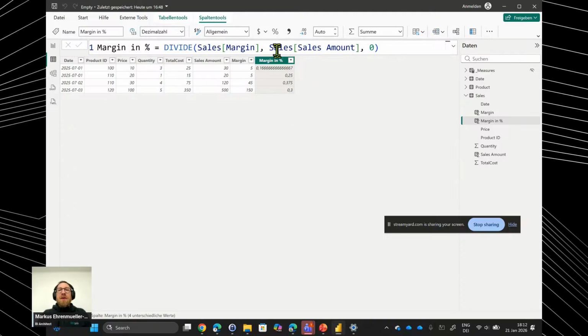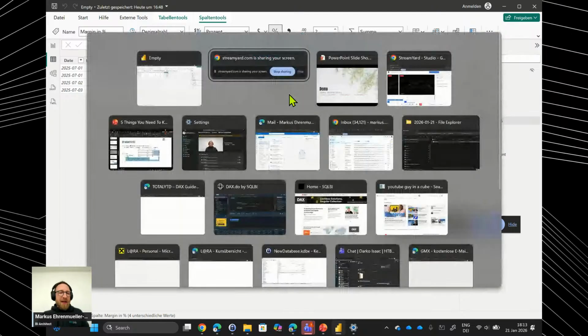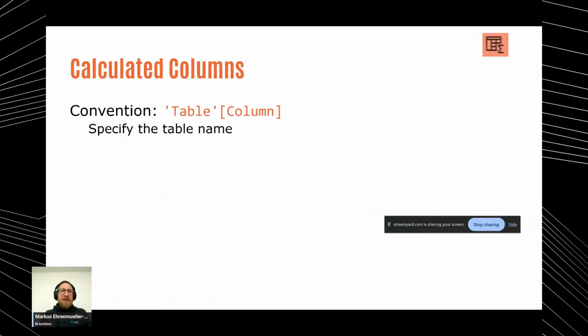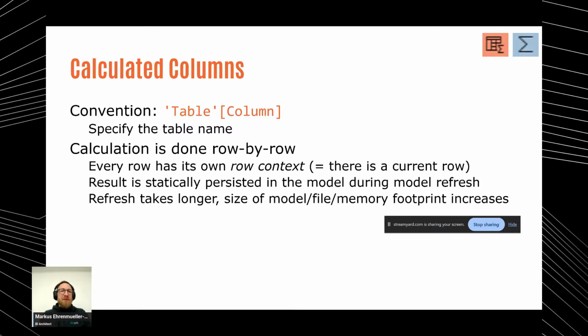And for the formatting, I don't have to multiply the result with 100, but if I just mark it as a percentage, then it will be formatted as multiplied by 100, and I get this percentage sign at the very end. So this is how we can create calculated columns. If I refer to a column, I usually put, or you should get used to putting, the table name in front of it, so we can clearly see this is a column, not a measure. And the calculation of the calculated column is done row by row, which sounds counterintuitive because it's a column,